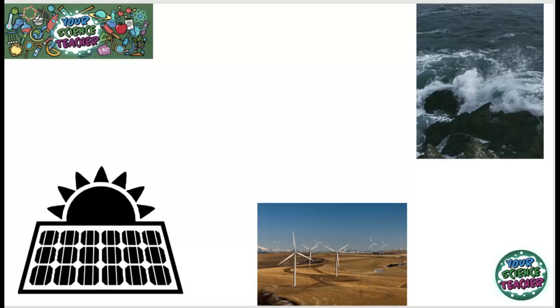The first one is solar electricity. And the way that solar power works is it converts photons of light into electricity. This makes it sustainable as it's using the sun's energy to generate the electricity, not using a finite resource. The sun is going to be there for many, many more years to come. So it has some clear advantages. It's not going to put greenhouse gases into our atmosphere.